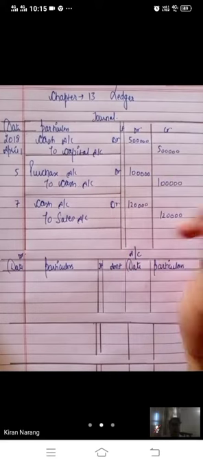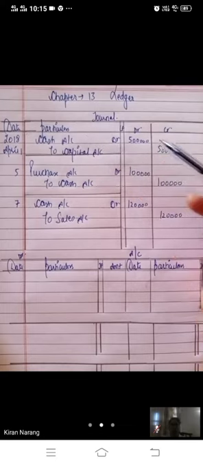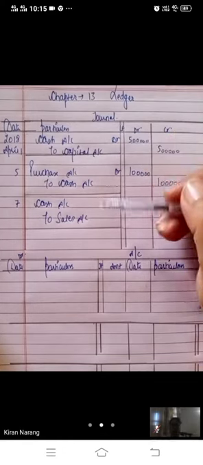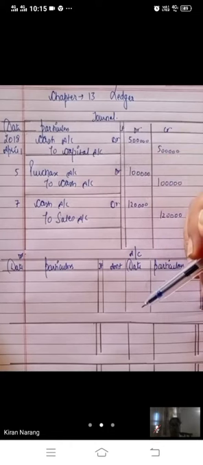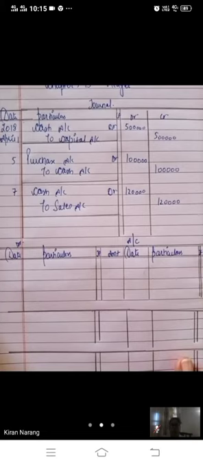This is an imaginary question. We have started business with rupees 5 lakh, so cash to capital. Then we have purchased goods for cash and sold goods for cash. This is the book in which we record each and every transaction date wise. But when we talk about ledger, we prepare separate accounts for all the separate transactions. The sums will be lengthy enough, but the method is very easy.